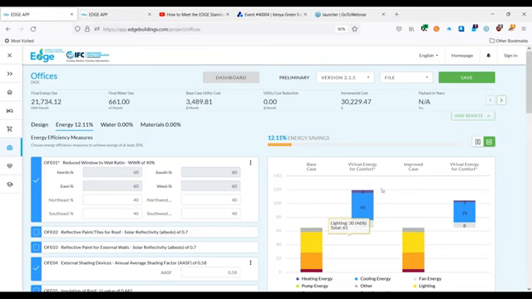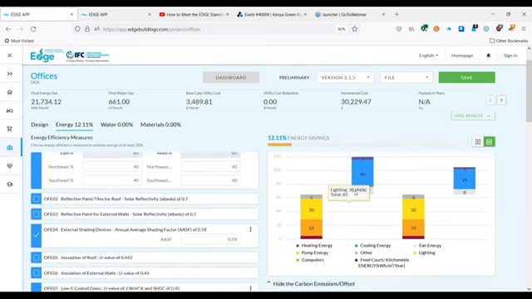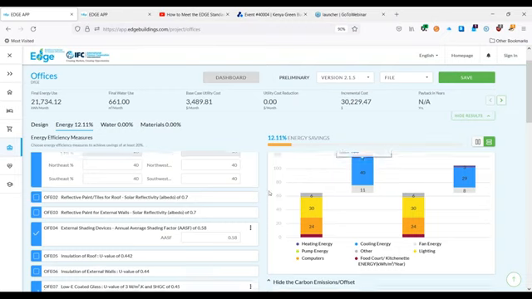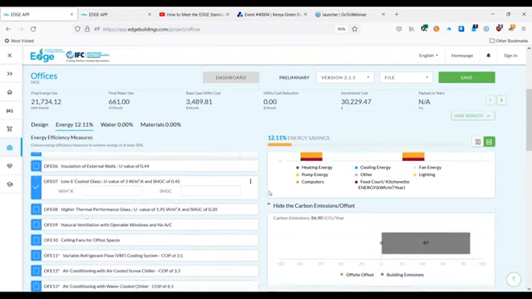Virtual energy comfort is something that we won't go into now, but it's really based on, if you have no AC systems, what does Edge predict based on your building design that you will likely need to achieve comfort. So if you have a poorly designed building with a big Western facade that's going to get a lot of heat gain, and you haven't designed for any AC at all, Edge will predict that you're most likely going to see your tenants come in and put AC in, and that's what this virtual energy is about. So let's move down.